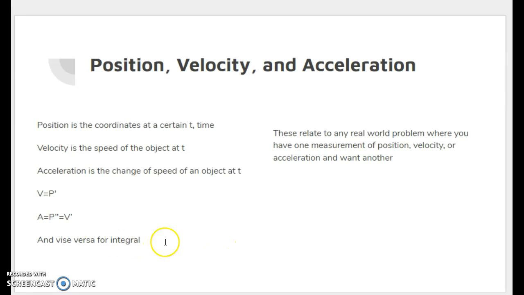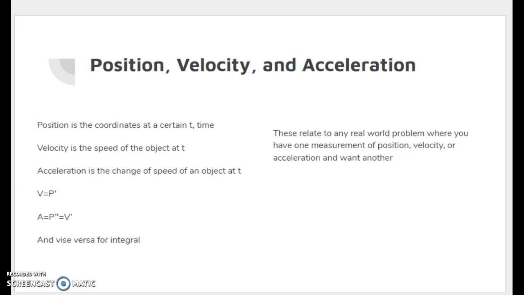And vice versa for integrals, it goes the opposite way. So for example, velocity is the integral of acceleration and position is the integral of velocity. So these relate to any real-world problem where you have one measurement of position, velocity, or acceleration, and you want a different one. So you can take the integral or the derivative once or twice, and you get any of